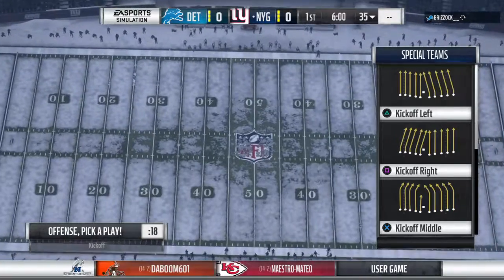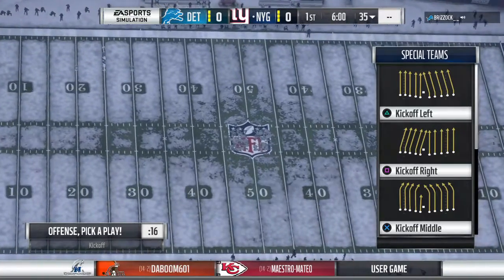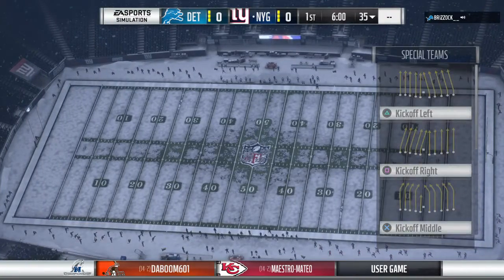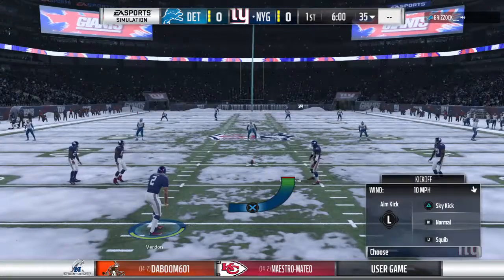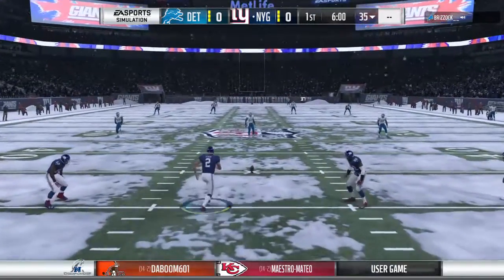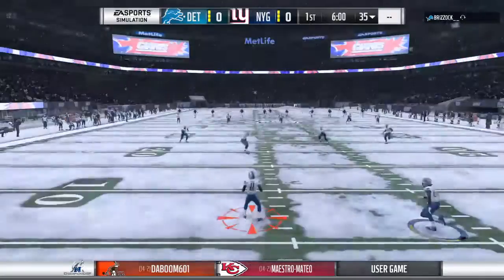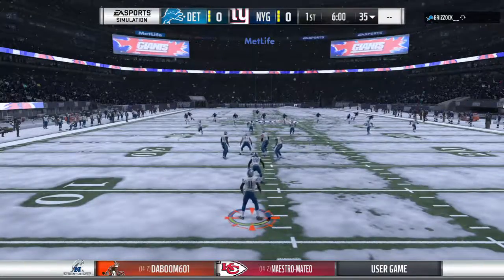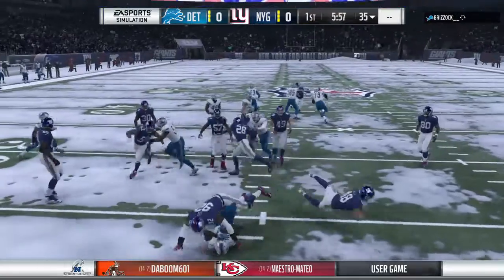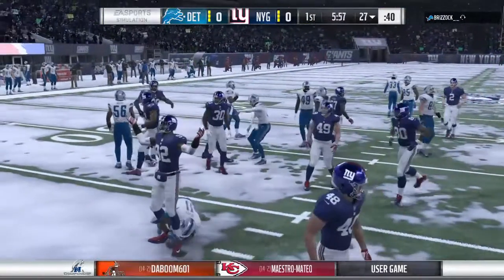In the air. 3 inches fell overnight, and we expect more as this game wears on. Should be interesting here at MetLife Stadium, just outside of New York City. Coming up, it's a battle to represent the NFC in this year's Super Bowl, and we've got a classic in store between the Detroit Lions and the New York Giants. And he'll take